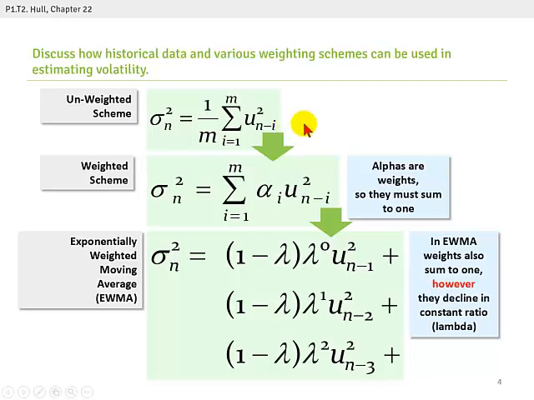And we're making two simplified assumptions. First, we're assuming the conditional mean is 0, and instead of an unbiased estimate of variance, we're going to compute a different estimator. So we're not using m-1 or n-1, we're just using m as the denominator. So it's a simple average. It's a little simpler here, but all we're doing is taking the series of daily returns